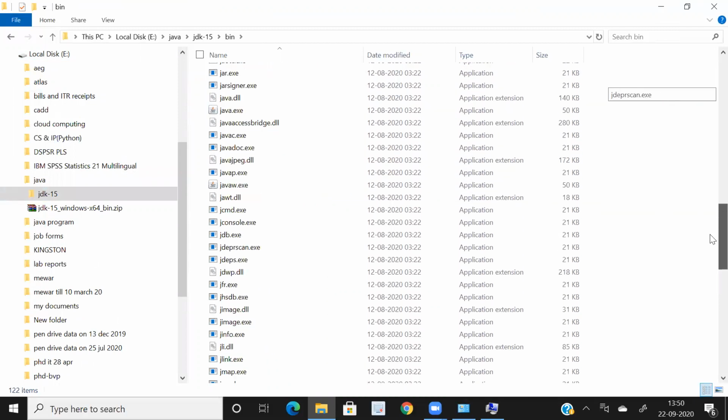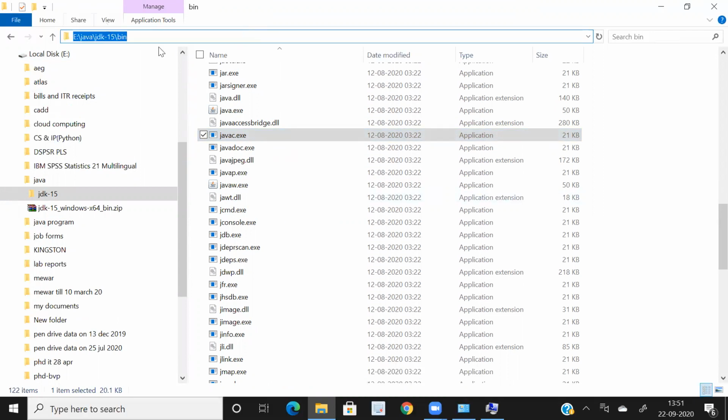If you want to see, there is a javac executable file. So this is the path or location of my javac executable file. I will copy this address by clicking it and right click, then copy. This is the exact path which I want to type here.